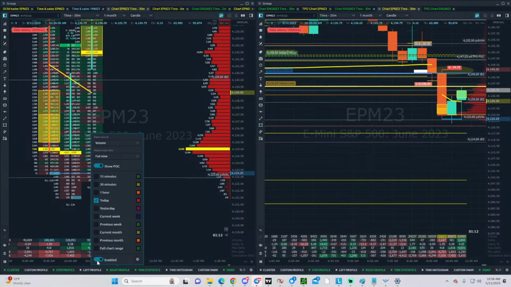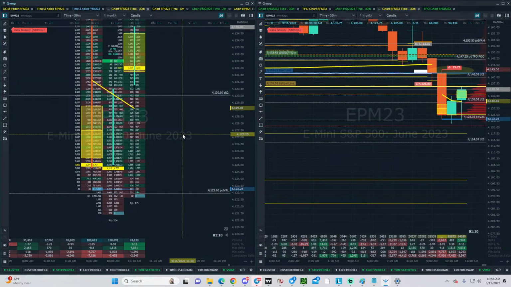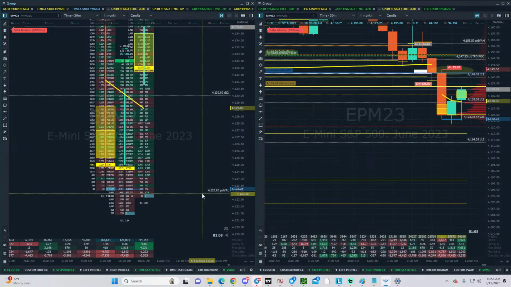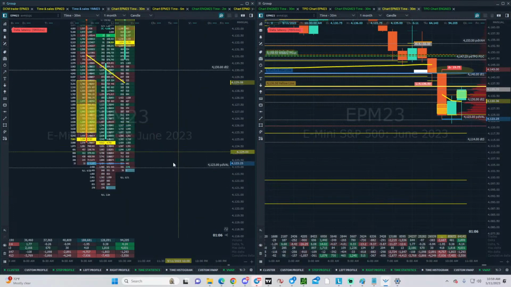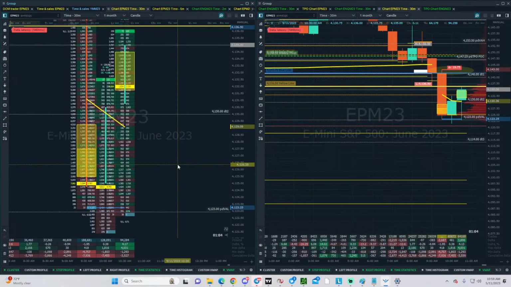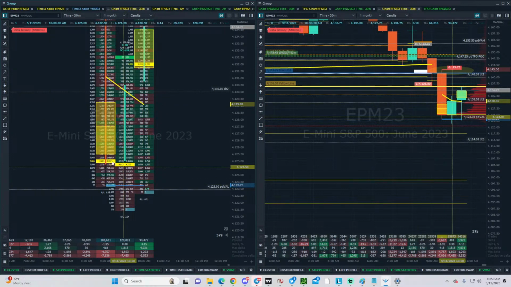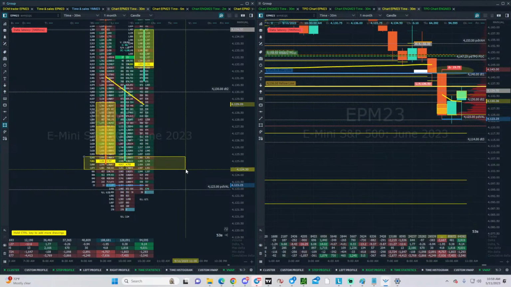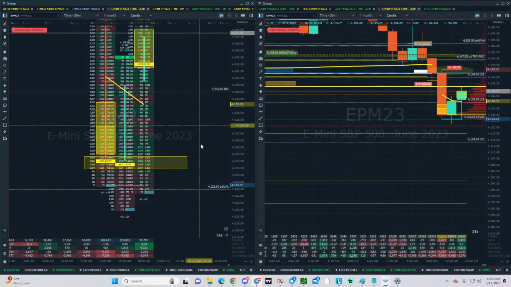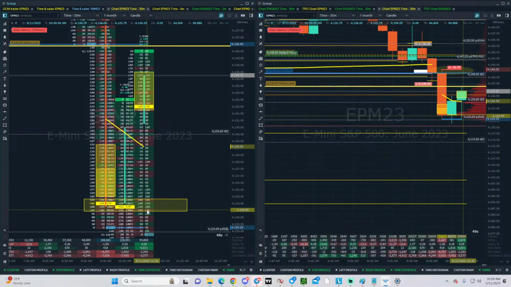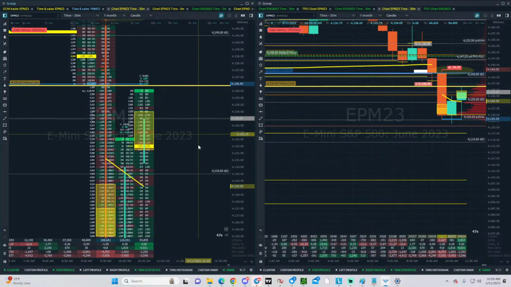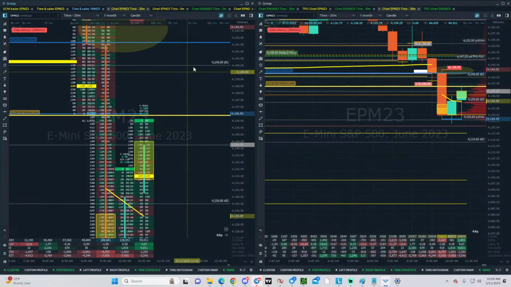Let me deactivate the right profile. See where I have 23 marked right here? I have 23 marked here. And if you took the position, and you trusted this area here, understanding that we had two POCs here, that sellers got stuck around here, you took your trade here, and your target was probably going to be 40